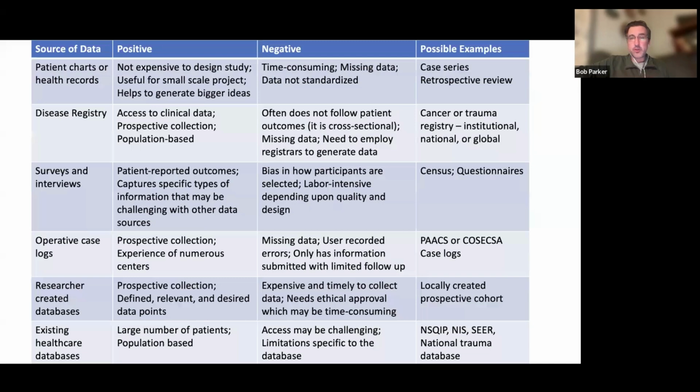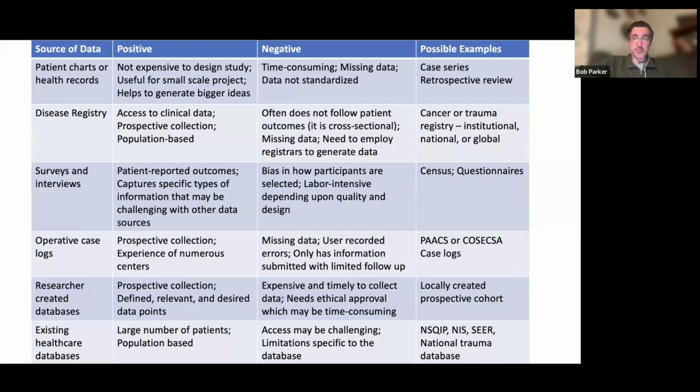It also needs ethical approval if you're enrolling someone into a study. And all of these need ethical approval, but that one requires informed consent instead of a waiver of informed consent that potentially can happen for retrospective. So it just adds another layer of complexity, but is good for answering a question that the other ones maybe